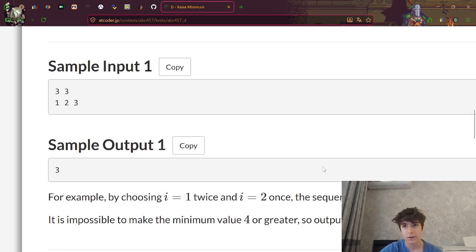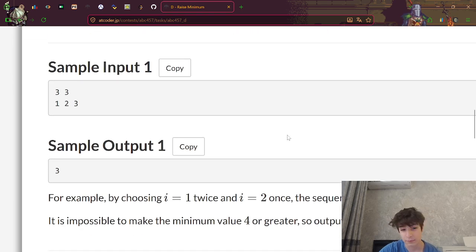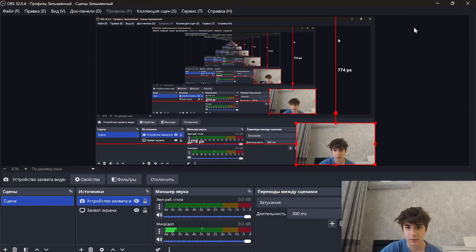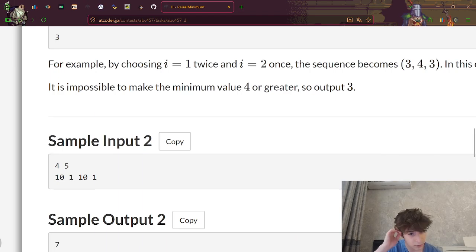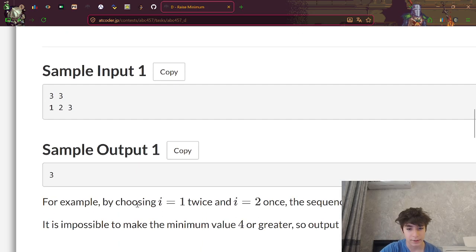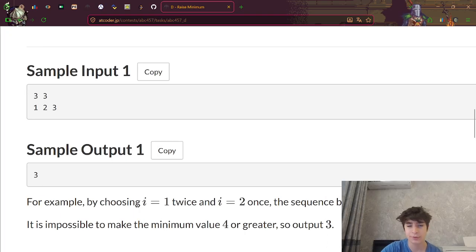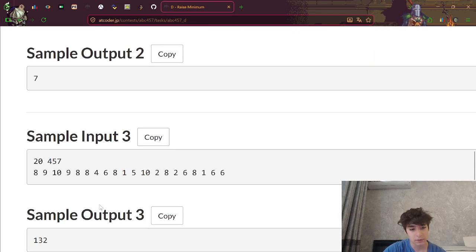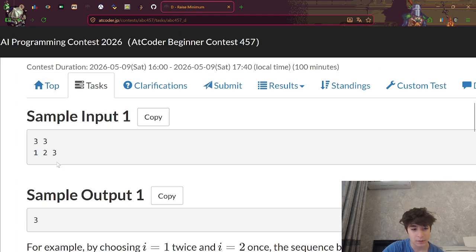Okay, how am I supposed to do this? This is really hard already. This is maybe a type of dynamic programming, if I don't miss something, but I don't think so. We could do something greater than this. 4 5 10 1. I'm going to analyze this. I need to make the maximum, and from the maximum I need to choose the minimum. Why do I get 7? The sum of this 6 and 6, nothing.